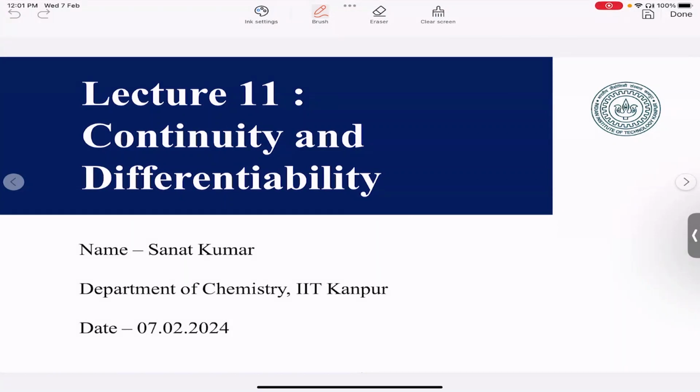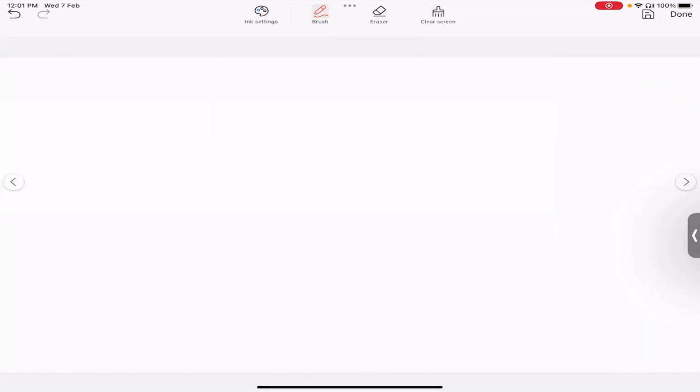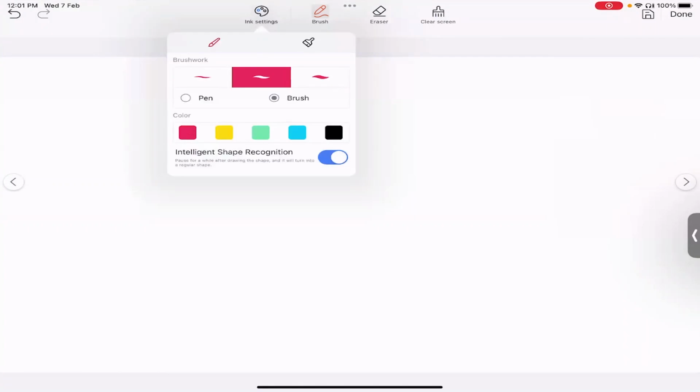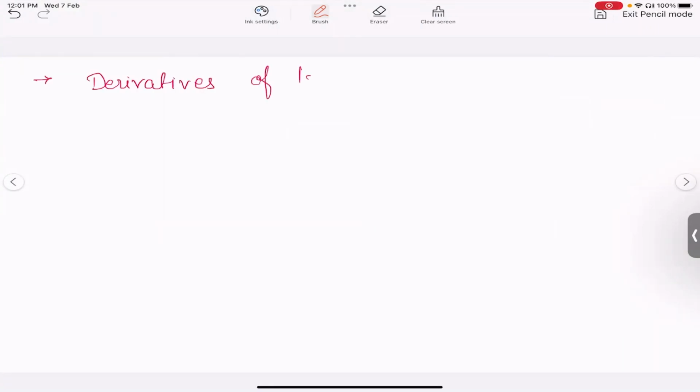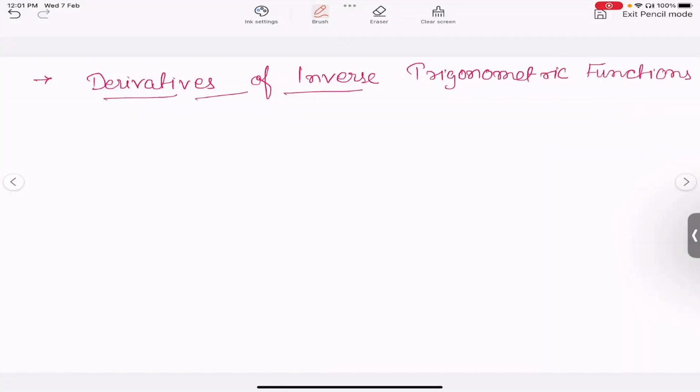on continuity and differentiability. So the thing that we are going to discuss today is derivative of inverse trigonometric functions. We are well acquainted with the inverse trigonometric functions: sine inverse, cos inverse, tan inverse, cot inverse, cosec